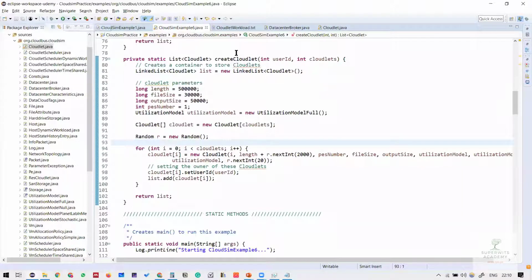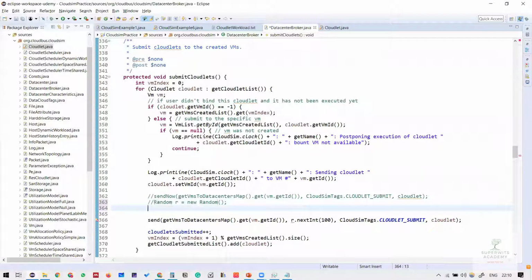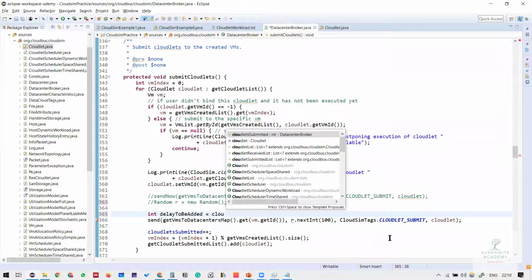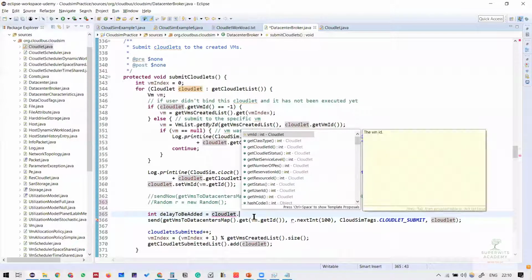Actually, instead of doing this random part, I'm going to have the current cloudlet. So instead of this random, let's say int delay to be added equals cloudlet, whatever the current instance of cloudlet I have.